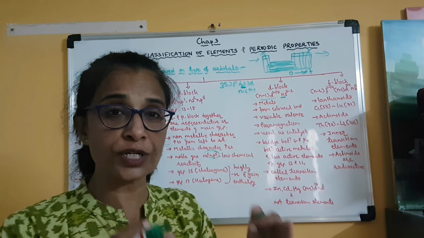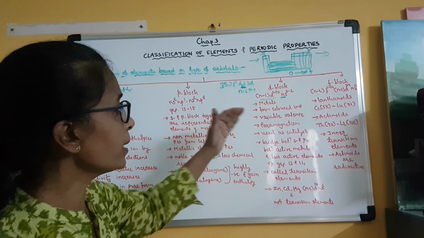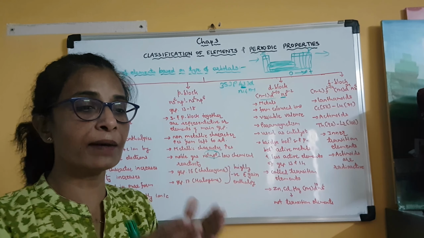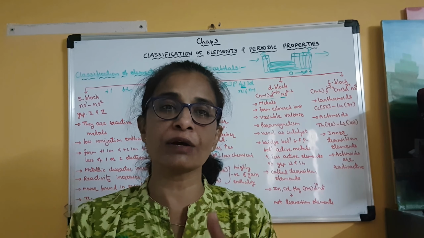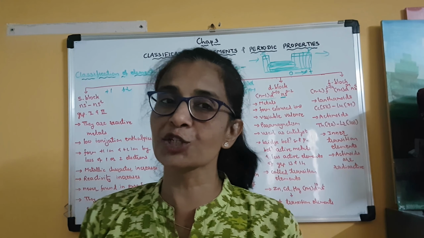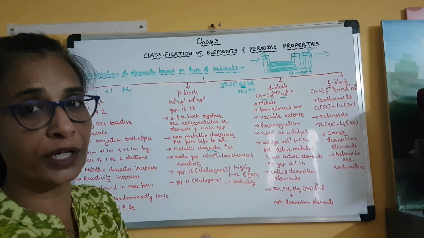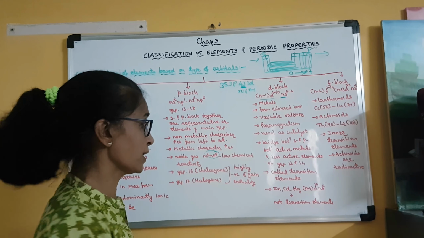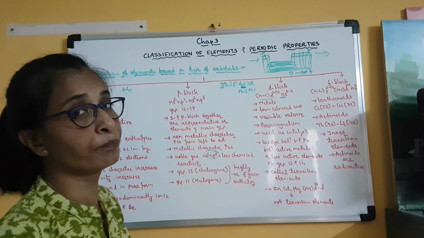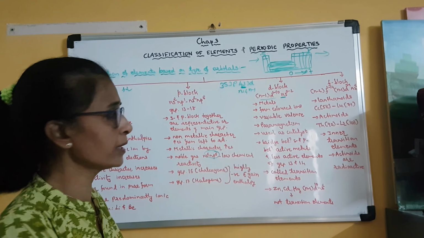So they are paramagnetic. They are used as catalysts. Clear? Many D block elements are used as catalysts. For example, iron is used in the manufacture of ammonia by Haber's process. Vanadium pentoxide, vanadium is a transition element, D block element, is used in the contact process for manufacturing sulfuric acid. Clear? So they are used as catalysts. This is how they are important. This use is important. Clear? Okay.